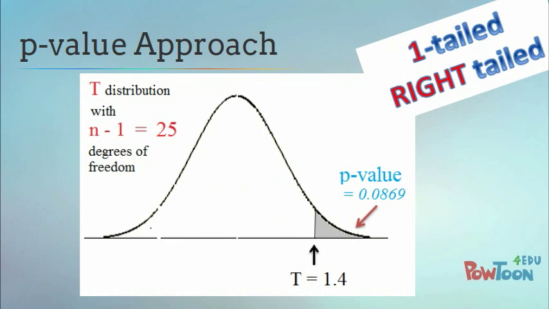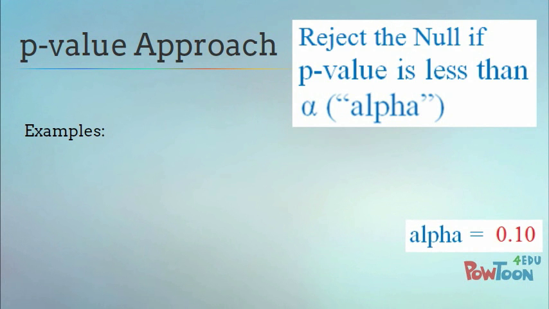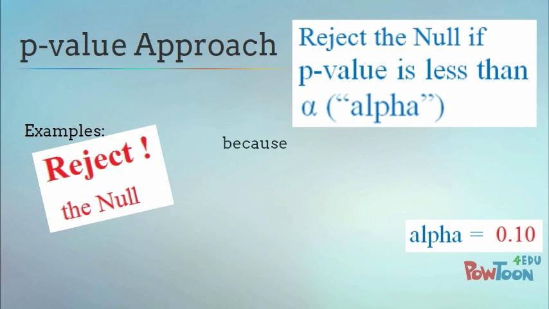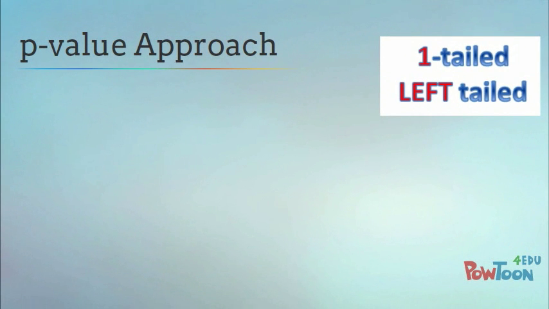Again, we reject the null if the p-value is less than alpha. For example, if alpha were equal to 10%, we would reject in both of these cases because both p-values are less than 0.10. For a one-tailed left-tailed test, the p-value is the probability that the distribution is less than the